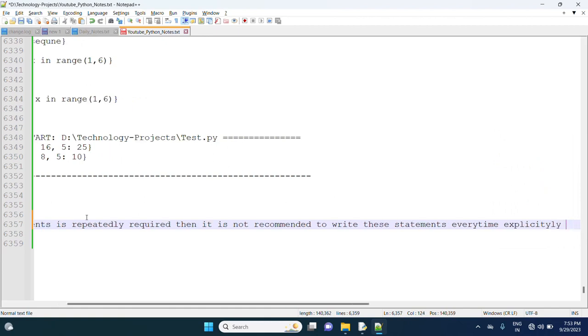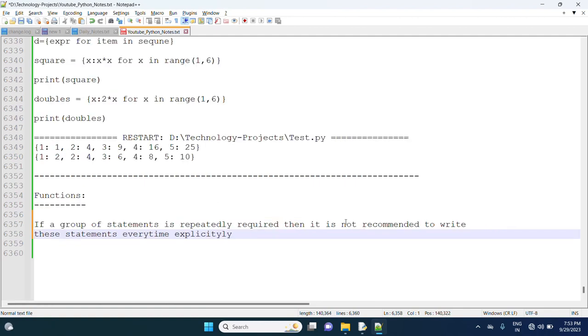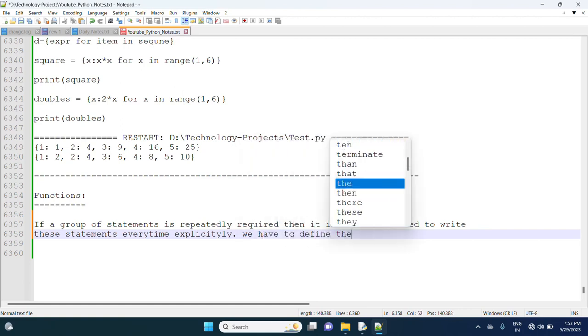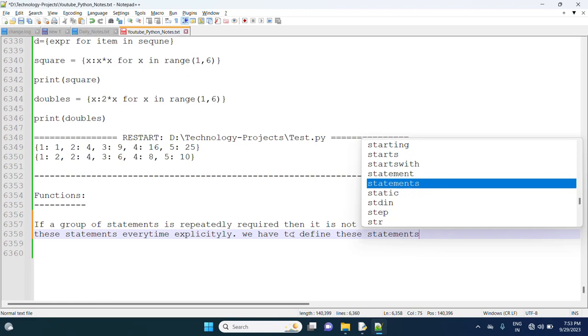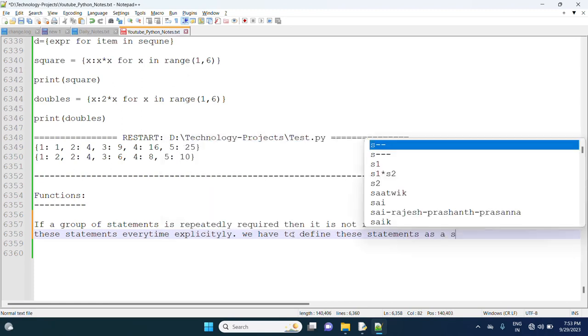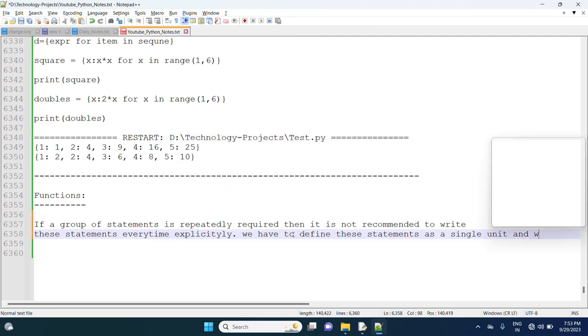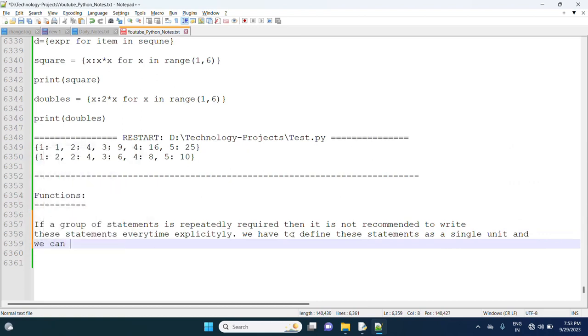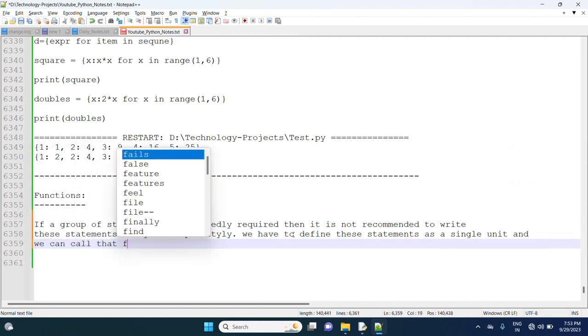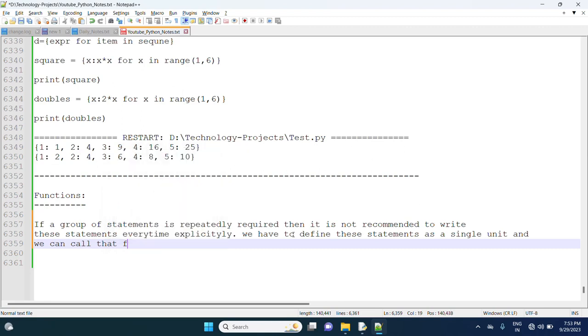We have to define these statements as a single unit, and we can call that unit any number of times